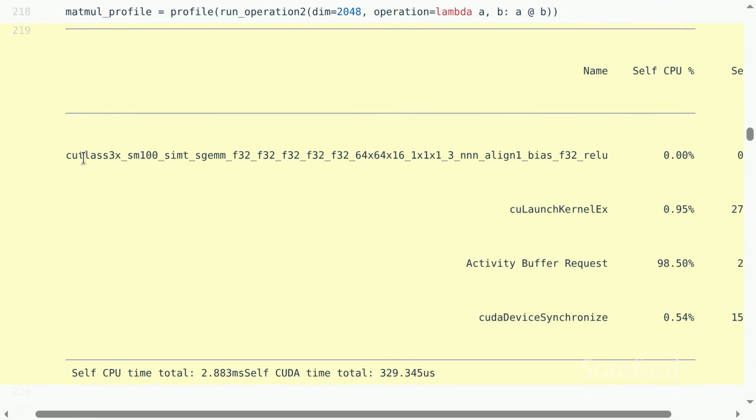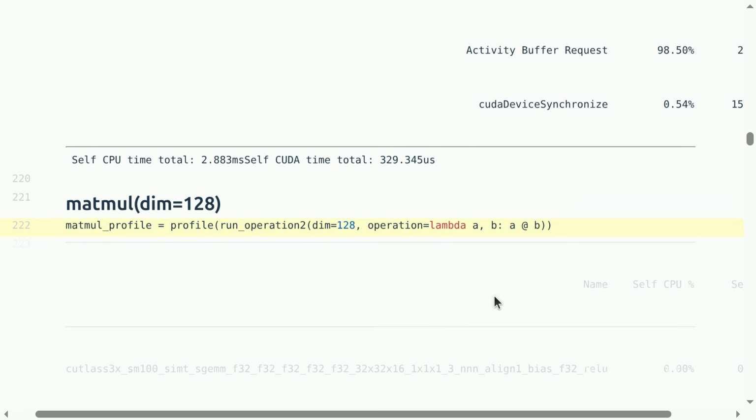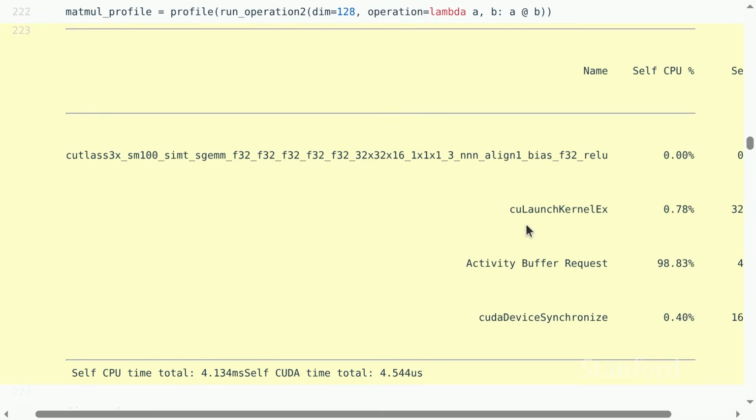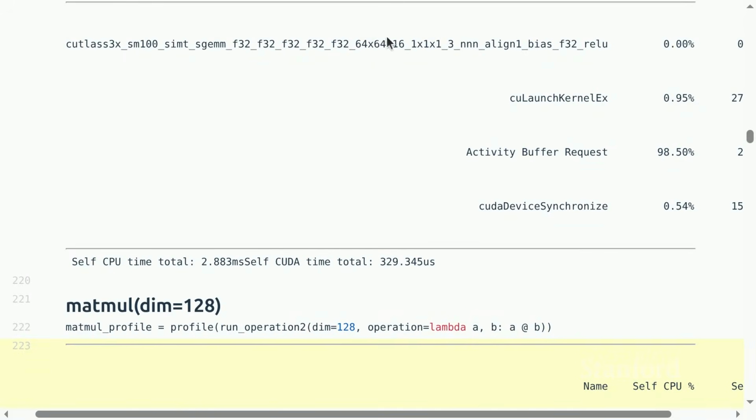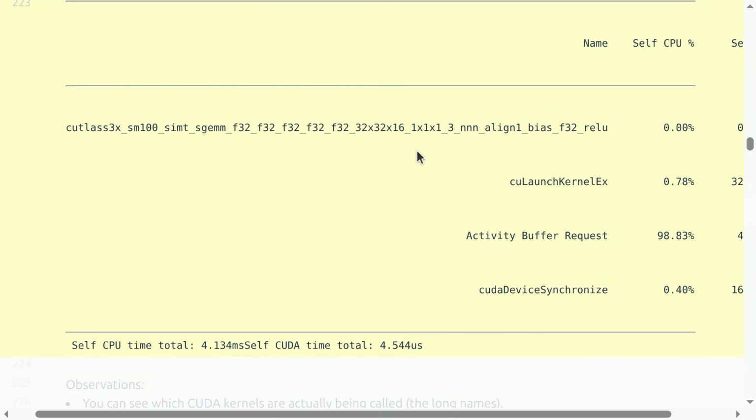Similarly, there is this long name that describes this particular matmul kernel. Cutlass F32, F32, 64, 64, 16, and so on. Notice that if you change the dimensions, so now I'm doing a 128 by 128 matmul, you actually get a different one. If you look closely, this is 64, 64, 16. This is 32, 32, 16. So underneath the hood, PyTorch looks like you're doing just add, but underneath the hood,